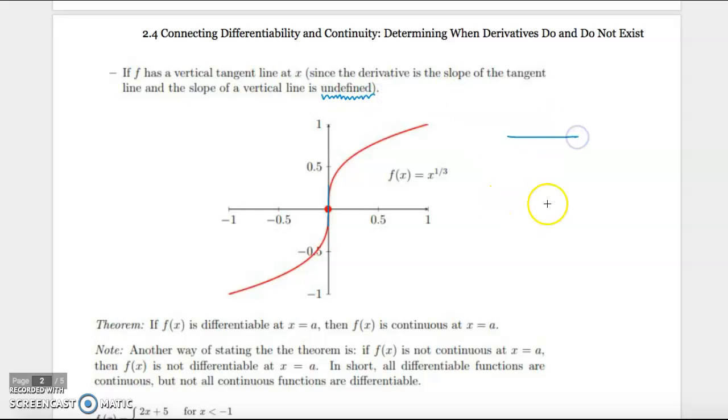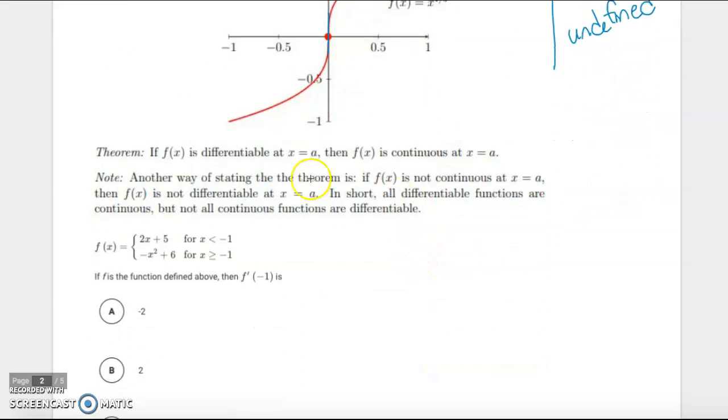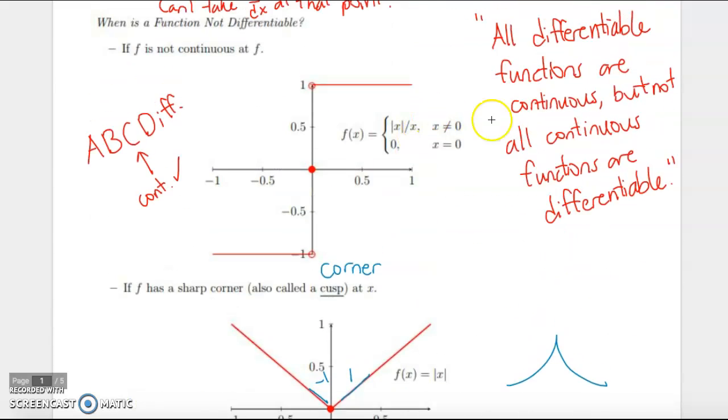Horizontal lines have a slope of 0. So the derivative anywhere you have a horizontal line is 0, but the derivative anywhere you have a vertical line, excuse me, is undefined because the slope of vertical lines is undefined. Okay. And then this is the theorem, or another way of writing what we were doing up here,